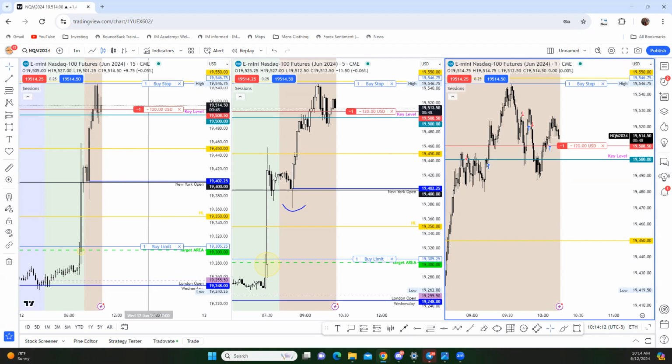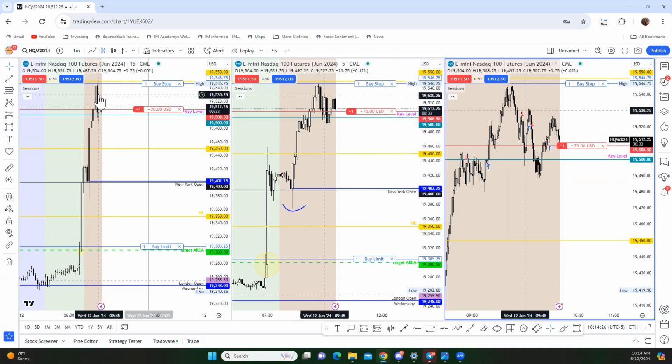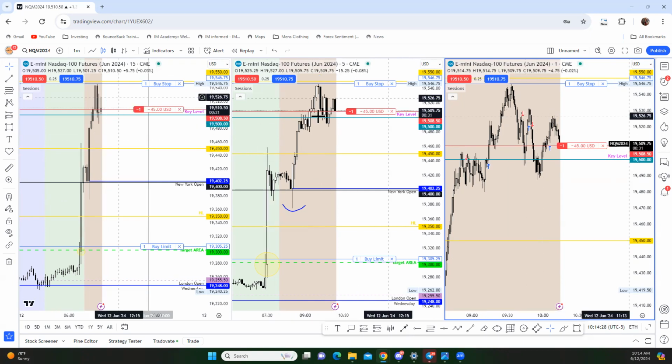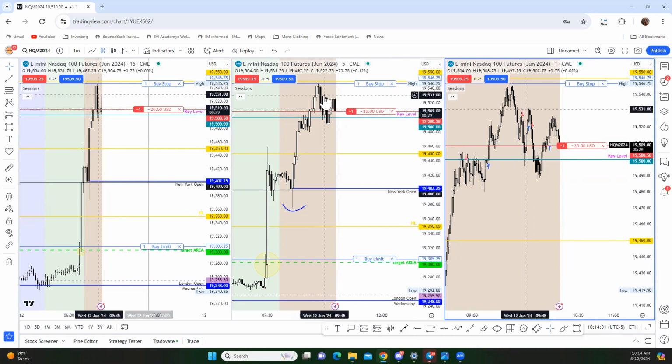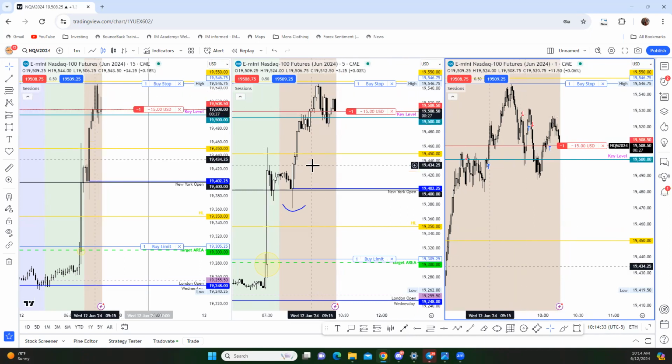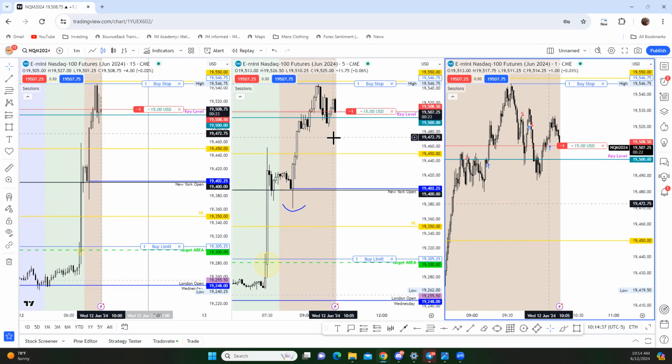I really like this level still. It makes me want to add a contract, but I know better. And I have this on other accounts too, so it's okay. But it makes me want to add another one on here and then place the risk on this 15-minute wick high right here. So like entering here, putting your stop right here, if that makes sense. But for today, what I'm gonna do is probably manage this just because I did experience a loss to start.